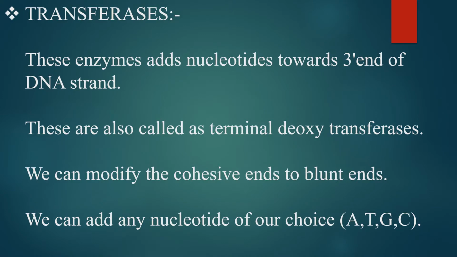Transferases. These enzymes add nucleotides towards the 3' end of a DNA strand. These are also called terminal deoxytransferases. We can modify the cohesive ends to blunt ends using these transferases. We can add any nucleotide of our choice, like A, T, G, C, adenine, thymine, guanine, cytosine, at the 3' end of the DNA